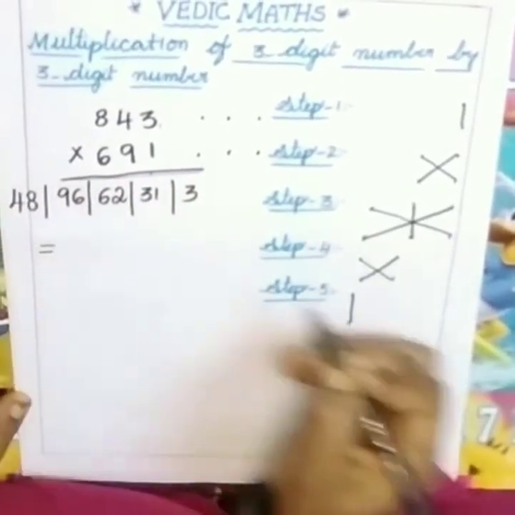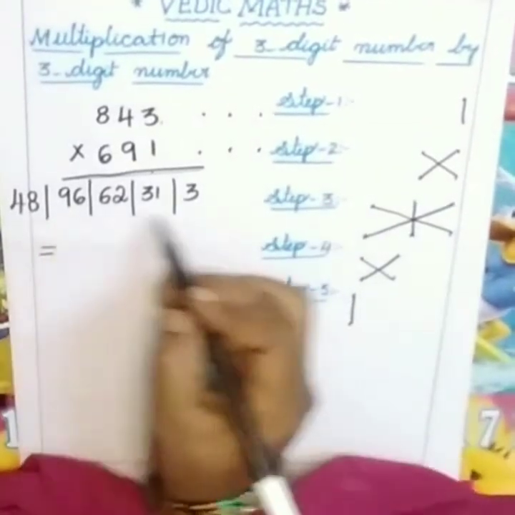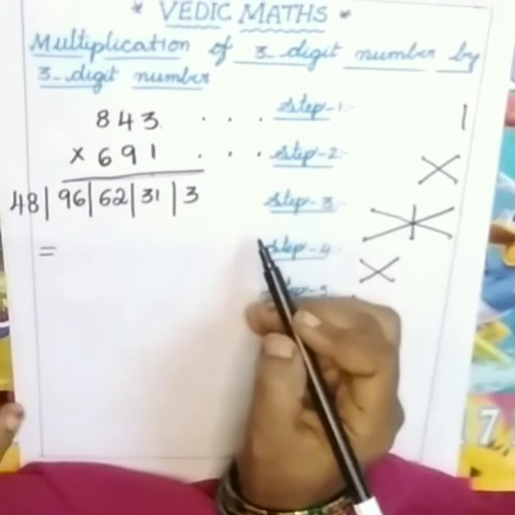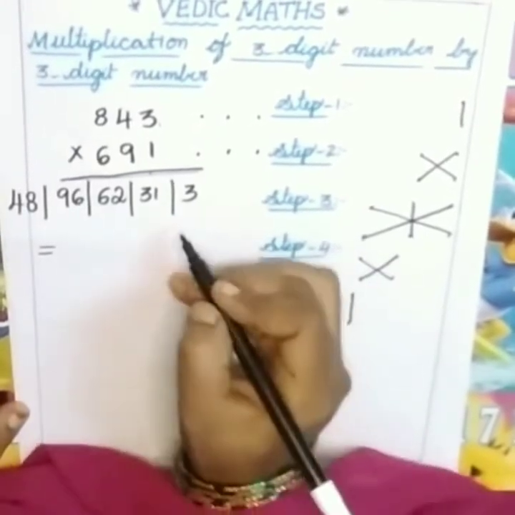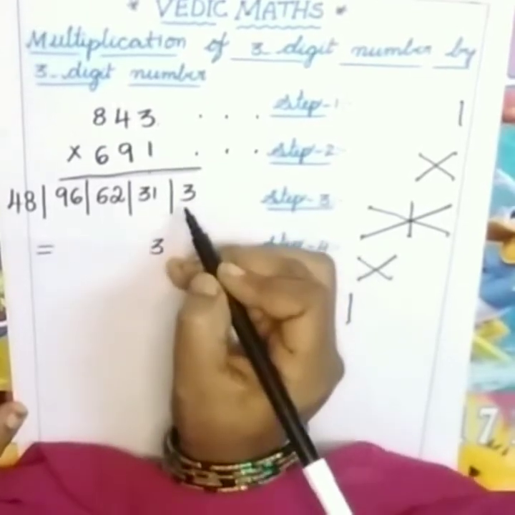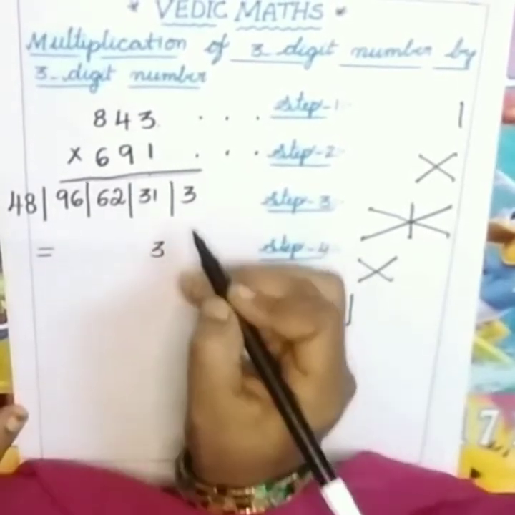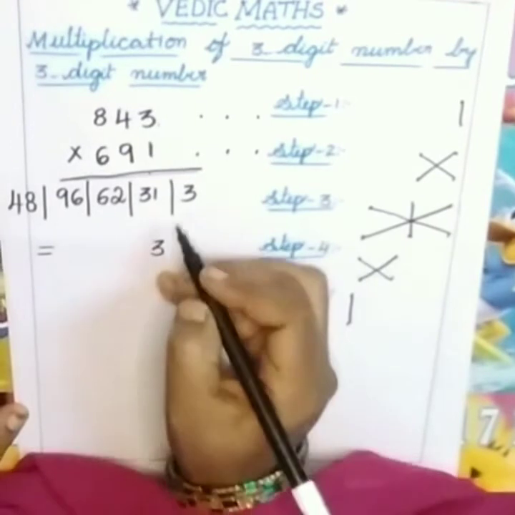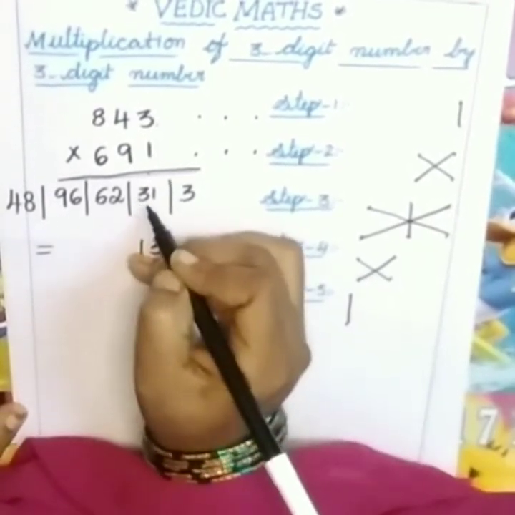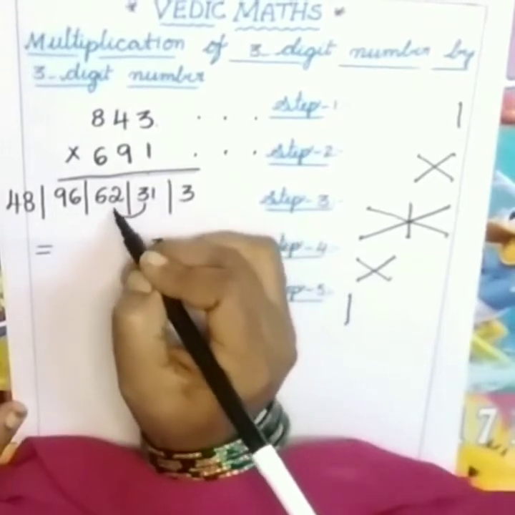Now we have to balance the digits. That means this is not the entire answer. We have to balance these numbers, then we will get the ultimate result. Always when we are writing the digits, from each part we have to take only the ones digit. So write 3, and next, the second part, ones digit is 1. But here the tens digit is left, that we have to carry to the next part.